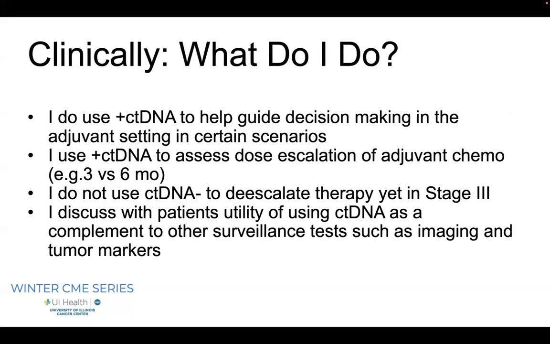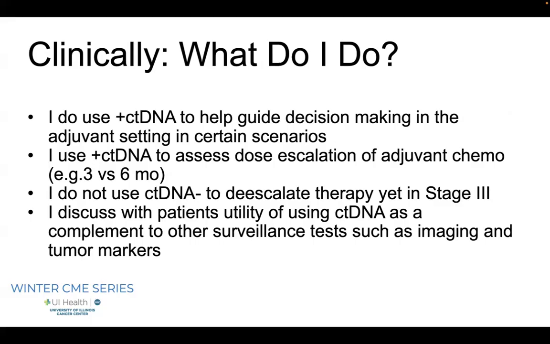I know the IDEA trial really helped us identify that 3 months of chemotherapy was non-inferior and in some cases even superior to 6 months of adjuvant therapy. But I think because ctDNA wasn't incorporated into that trial, we need to really look at these patients and say, if you are ctDNA positive, what is the conversation we need to have with these patients about whether we should extend the length of the adjuvant chemo, because we have seen such an improvement in relapse-free survival and in some cases overall survival for patients whose